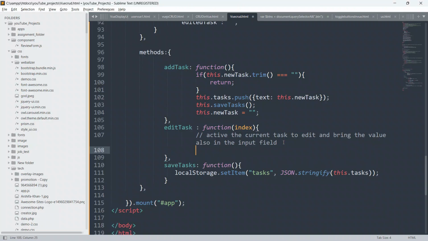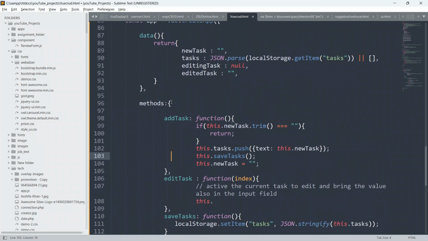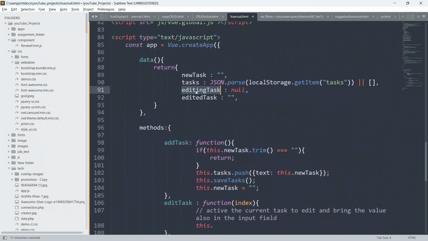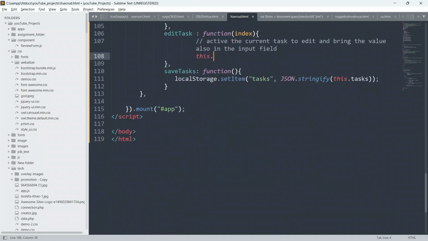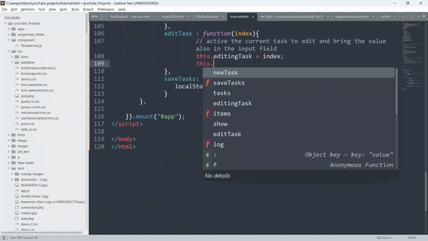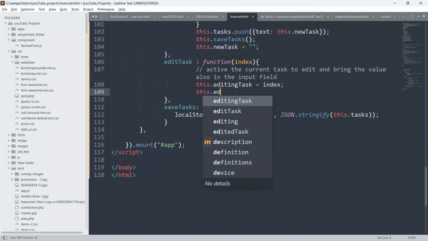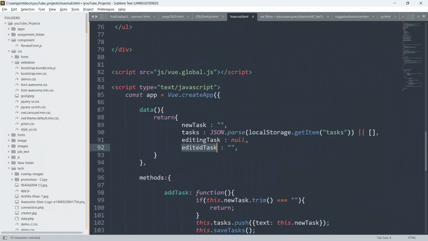So I will say this.editingTask. As of now this is null. I will say this.editingTask equal to index, and just close this. And I will also say this.editedTask.